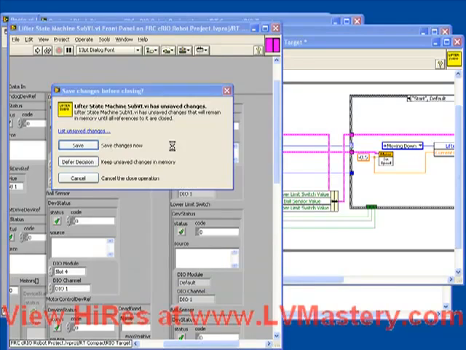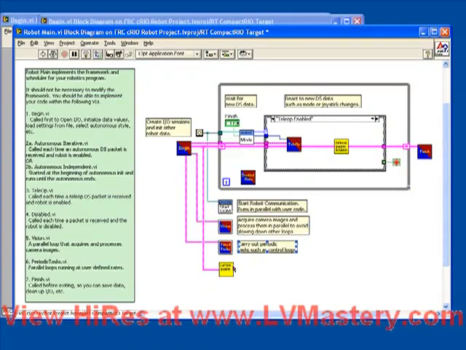So just to review, we've taken the sub-VI which we created in the last exercise out of TeleOp, and we've put it at the root of the robot main so that it's going to run in parallel to all the other activities instead of having to wait for all the other stuff sitting inside this loop. We've connected up